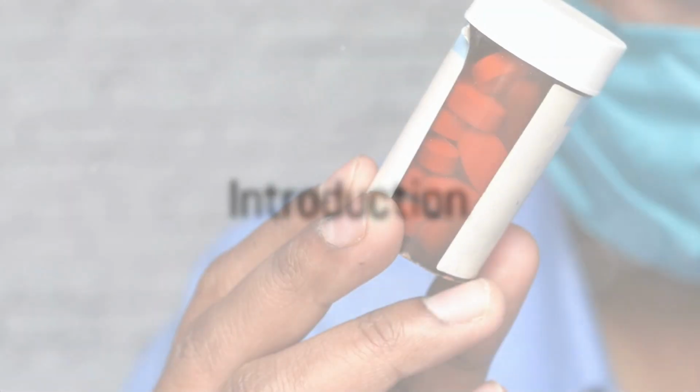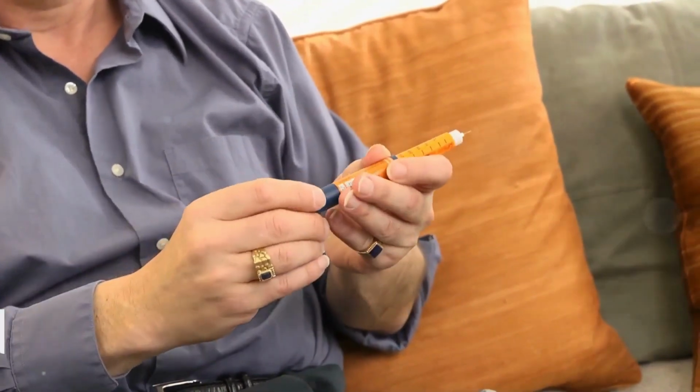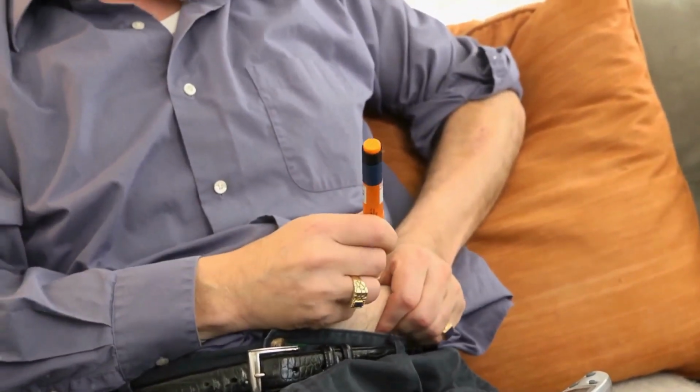Have you ever wondered why Ozempic could be ruining your stomach? Today, we're going to introduce a topic that's been causing some curiosity: Ozempic. This is a medication often used by individuals managing their diabetes, but it might also be causing some unwelcome effects on your digestive system. Join us as we explore the impact of Ozempic on your stomach, backed by insights from